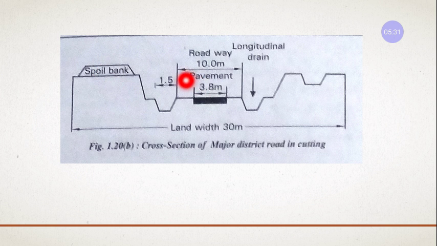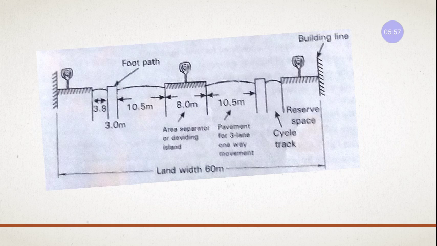Here you can see that the right of way is larger than in the case of the other district road. It was 7.5 to 8 meters. Here it is 10 meters. It is a little bit increased because these are the major roads. So there might be chances of increase in the volume. We have to upgrade the roads or increase the length of the roads. So in that case, we have provided a larger road width.